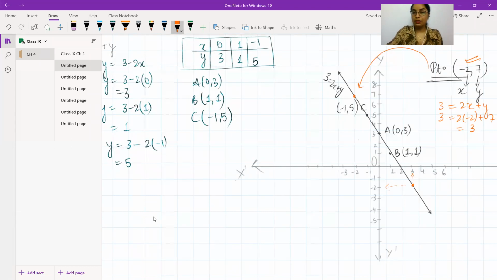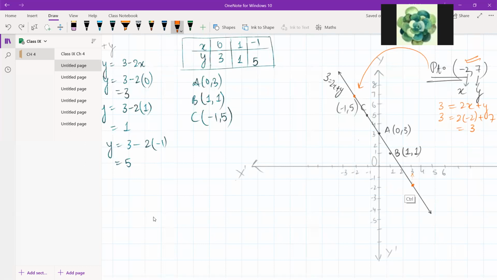In between A, B, between A and C, maybe you can extend this line and you can take a point, and if you take the reading for that point, आपको एक x की value मिलेगी और y की value मिलेगी. Those values, the pair will satisfy the linear equation that you have here. Let me know if it's happening here. The value that I have marked here, it might not be 3, -2.